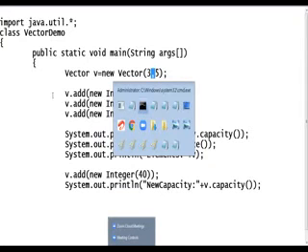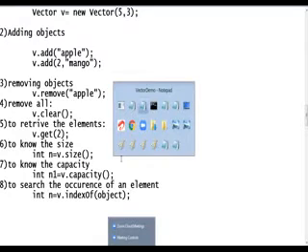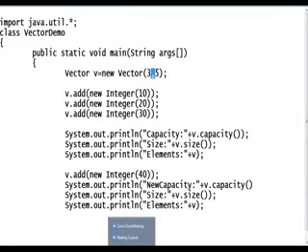See, we can use v.add with the location where you want to add. We can also give that index position. We can remove by giving the object name, and that object will be deleted. We can remove all the elements. What is the method name? v.clear, that will delete the elements. If you want get(0), get(1), get(2), those elements we will get. Size, capacity, and indexOf that position we also get. Okay, these are the methods. Then how to retrieve the elements? Now I want to retrieve the elements, guys.